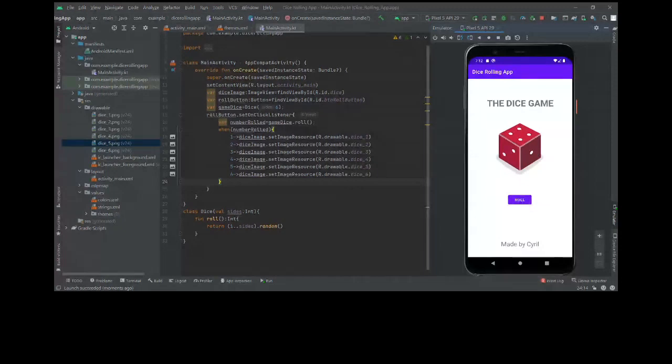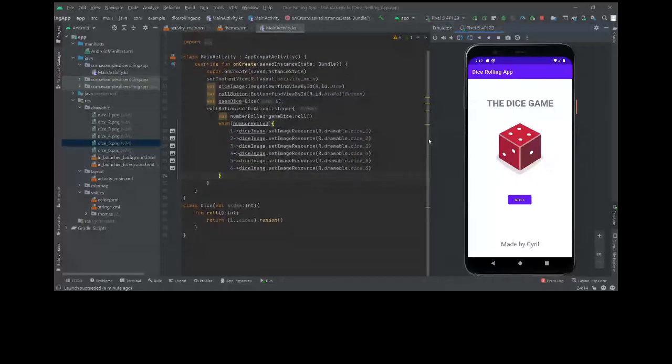Now we can add more things, like we can create a text view and an input view here. Then you can ask the user to guess a number, and then you can add more logic here. If the guessed number is the same as our dice, you can increase the score, something like that. So you can try that if you want. You can add score and all. Okay, so this was just a basic part to introduce you to Android.